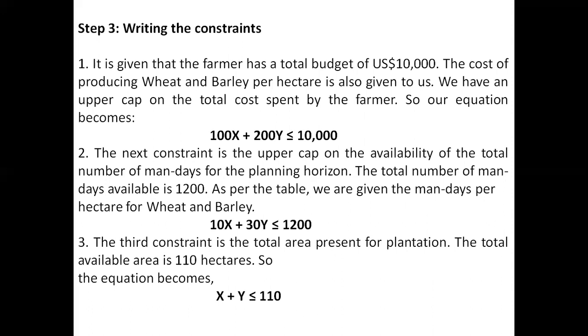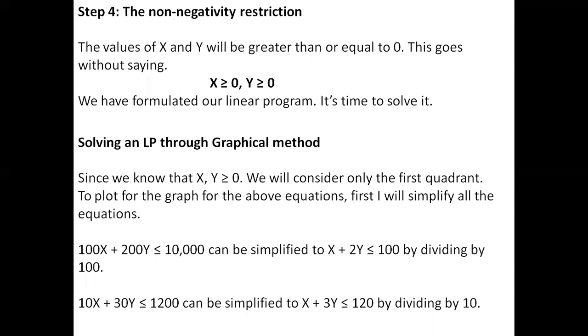And next, in these 110 acres, we have to produce two crops, wheat and barley, but there is no clarity about how many hectares are producing wheat and how many hectares are producing barley. There is no clear-cut information, and hence that is a constraint. So unknown values are considered as constraints. So these three are the constraints.